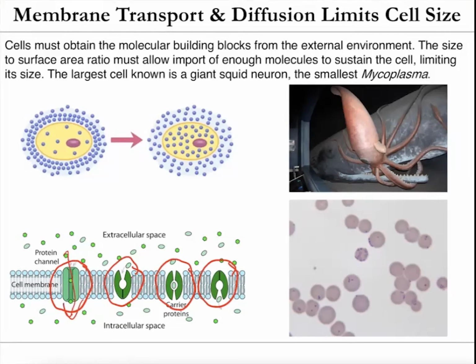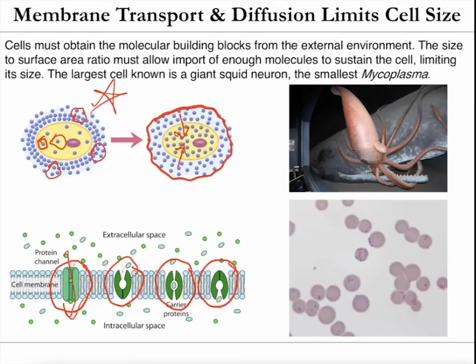On some of them, you have to use energy basically to get them in the cell. But basically, here is a depiction of osmosis. So you have a high concentration of this molecule outside the cell and a low concentration inside the cell. Eventually, just through what's called Brownian motion, so just the motion of molecules, this will sort of even out if there's a way for that molecule to get into the cell.